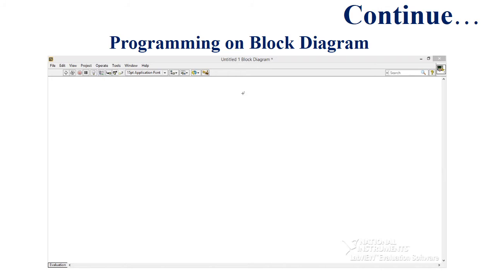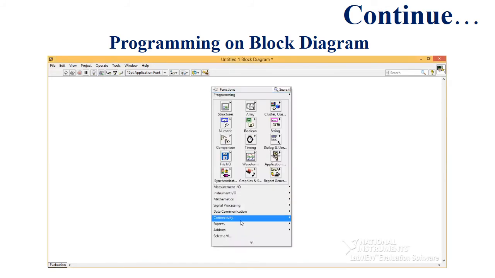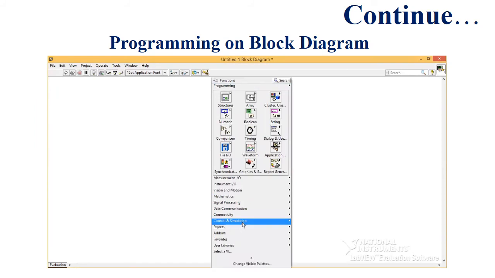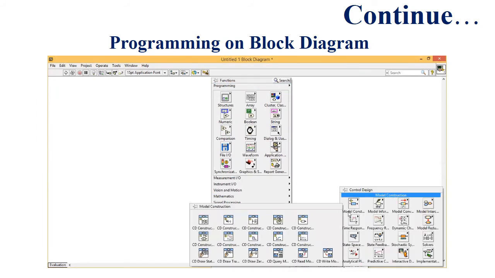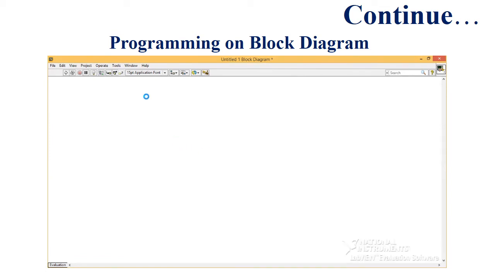And for giving the delay in the network, we need the CD Construct Special Transfer Function. So right click on the block diagram, then move towards Control and Simulation, then Control Design, then Model Construct, and then CD Construct Special Transfer Function for giving that delay in the network.